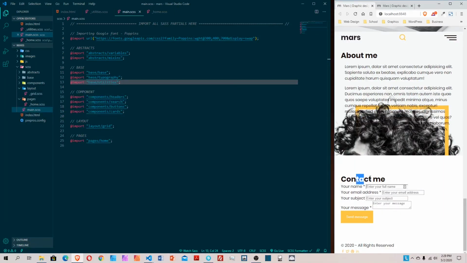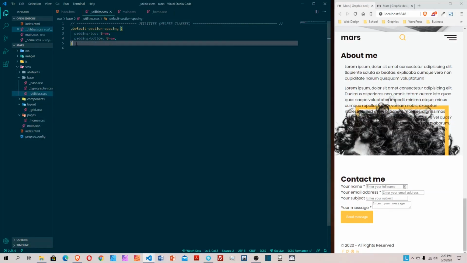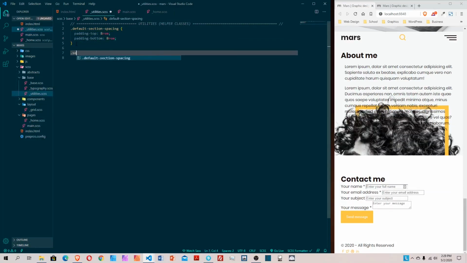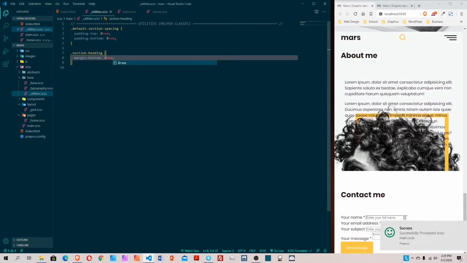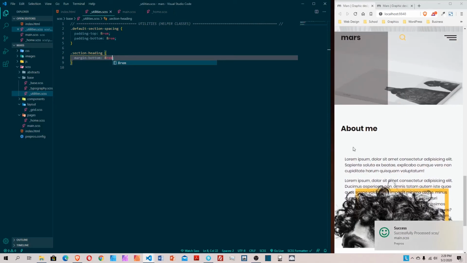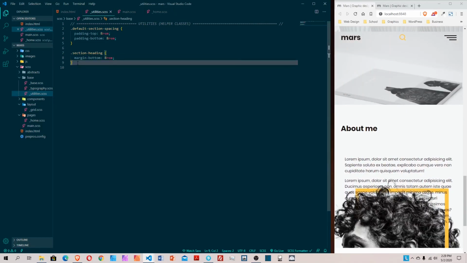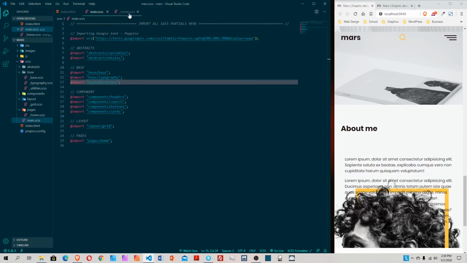Now let's create one for the section heading inside the utility also. So section heading, and for that we're just adding a margin bottom of 8 rem also. We save it. Now it looks a little bit nicer, and that'll be it for this. Now let's go back, let's close this one up. Let's go back here,